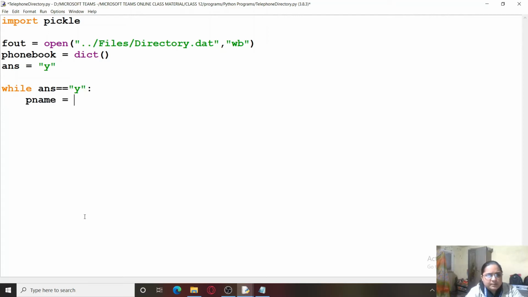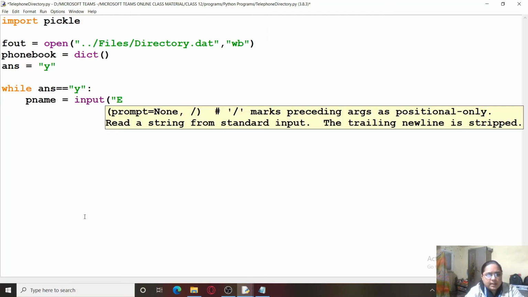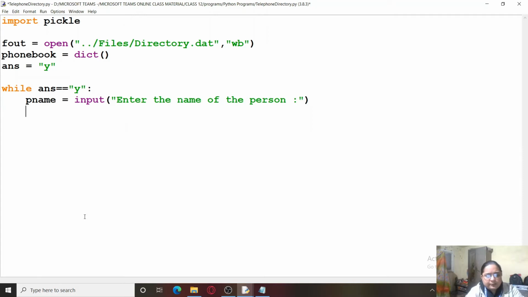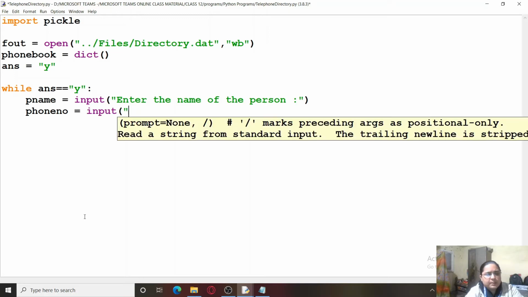So p name represents person name, so we will be using the input function: enter the name of the person. And for phone number, because normally phone number is something on which we do not need to perform any calculation, we are going to ask for the phone number and let it be recognized as a string only.